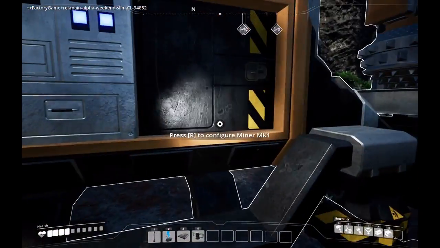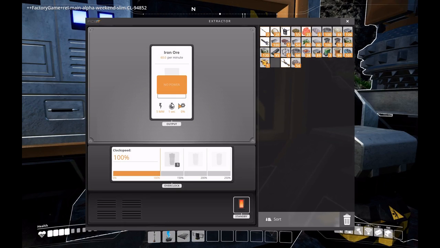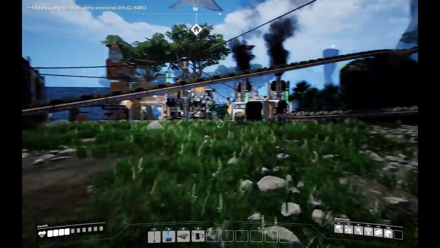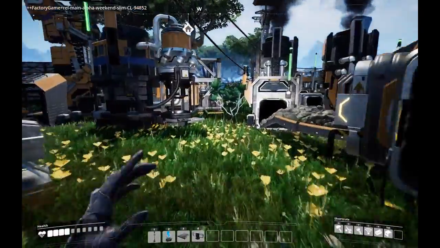This needs power, though. You can configure it. You don't have to configure it for ore. That's just whatever you put it on. You can lower their clock speed or overclock them, but overclocking them takes things you need to build. But the main thing is you need to connect it to power, and eventually, as you upgrade your hub in the tutorial, you'll get these